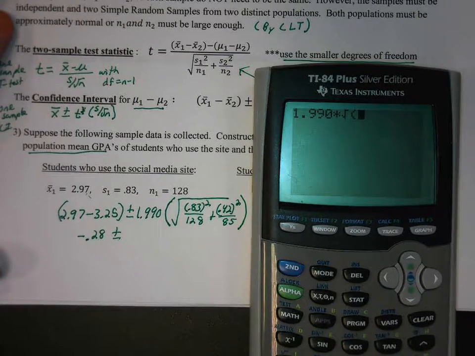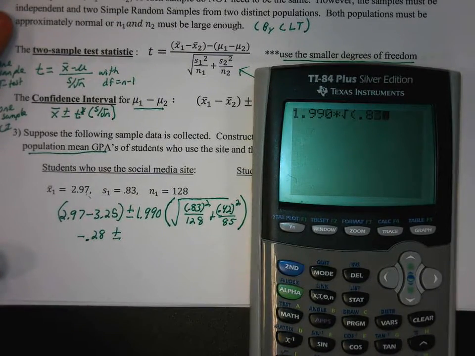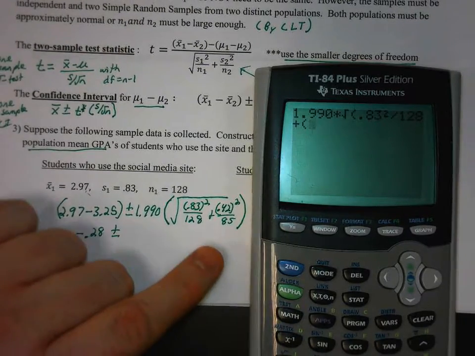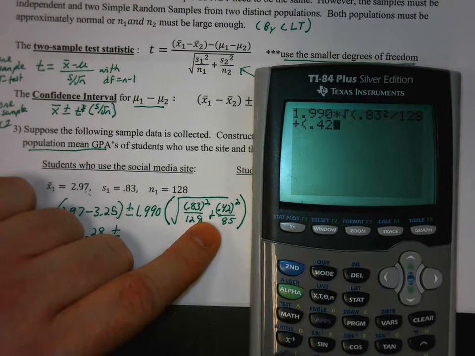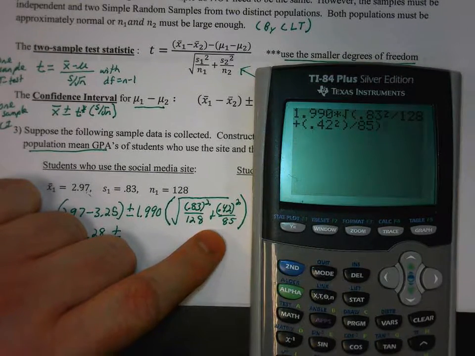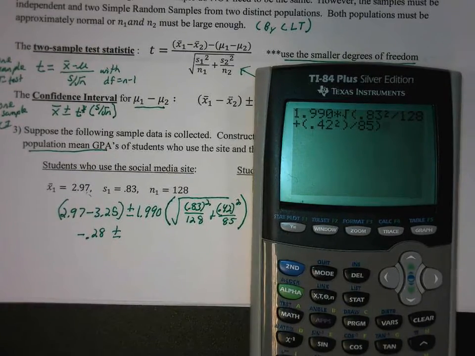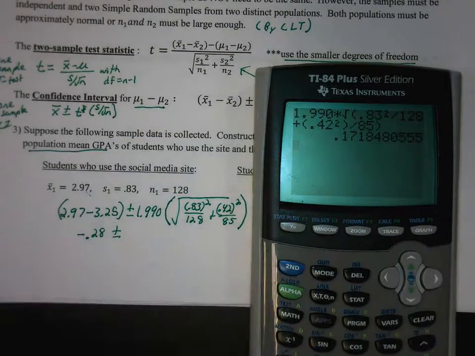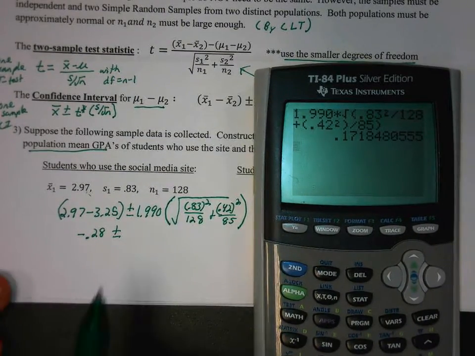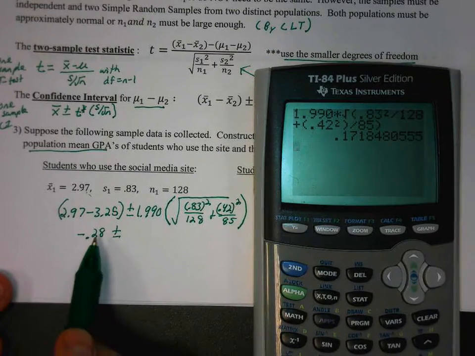Okay, so 1.99 times the square root of 0.83 squared over 128 plus 0.42 squared over 85. Okay, so you enter it like that, and you don't even need the parentheses around the 0.42 squared. Okay, that gives us 0.178. I'm sorry, 0.171848. Okay, so when we look at our values here, we have negative 0.28 as our estimate for